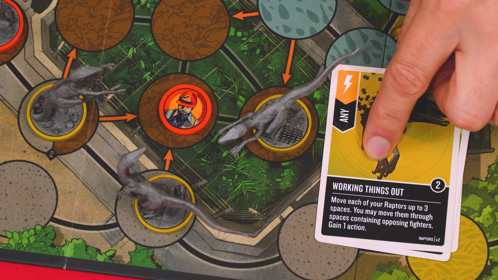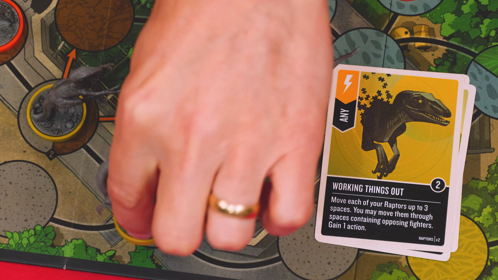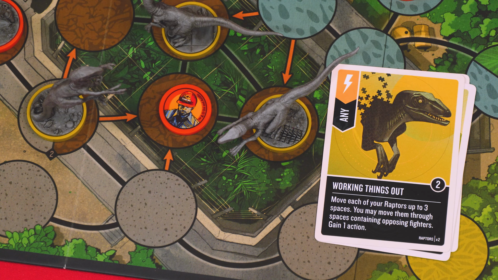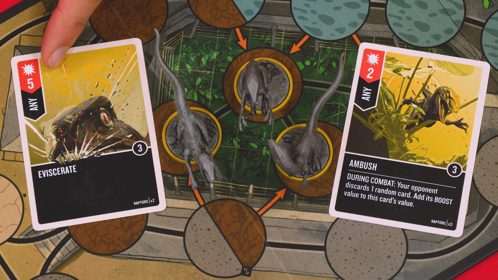Working things out lets you move each of your Raptors up to 3 spaces, including through opposing fighters, which you normally can't do. And then after all that movement, you gain an additional action. But along with being intelligent, they're also just plain deadly, with 2 of these value 5 attacks in their deck,